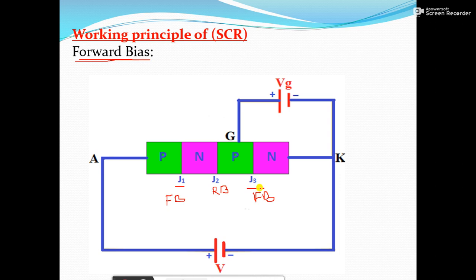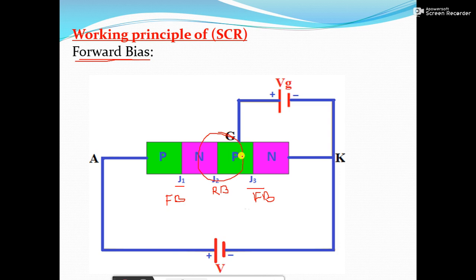In this condition, only leakage current can flow. This is blocked here. Current can flow from the P to N region at junction J1, as well as from P to N at junction J3. But junction J2 is reverse biased, and it is going to provide an opposition to the flow of current from anode to cathode. So in this condition, only leakage current can flow, which is due to minority charge carriers.